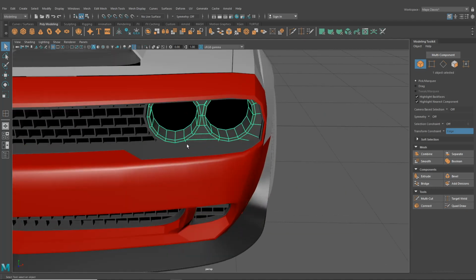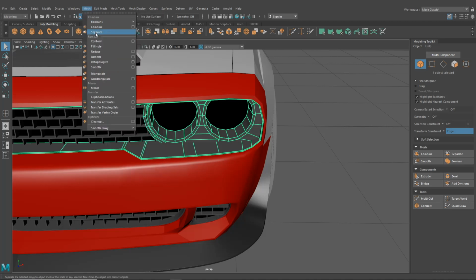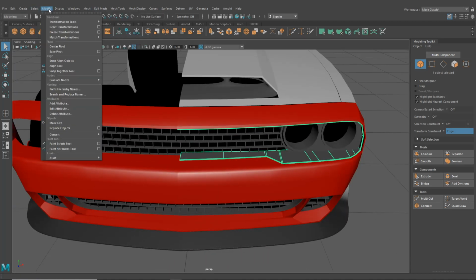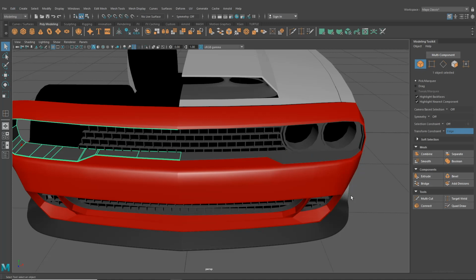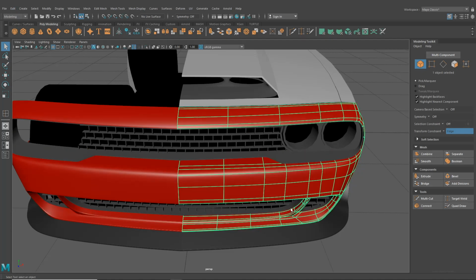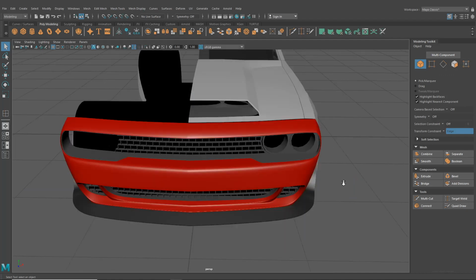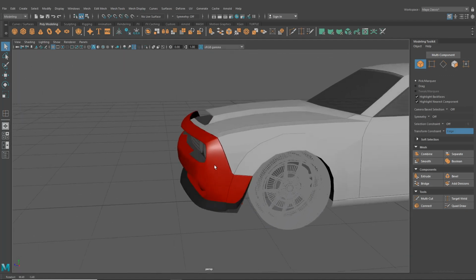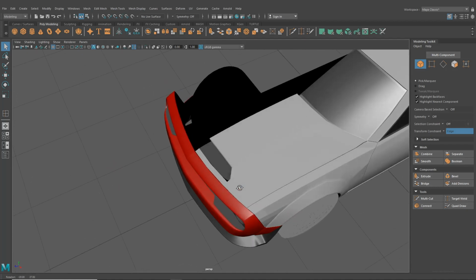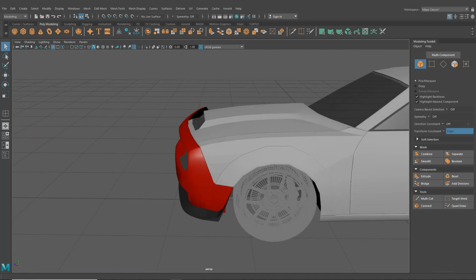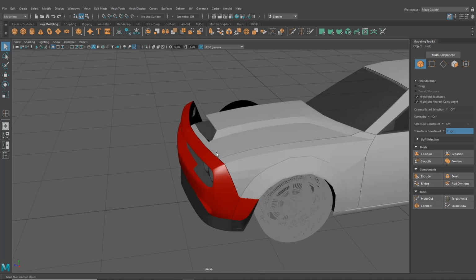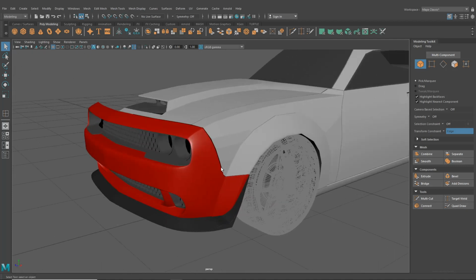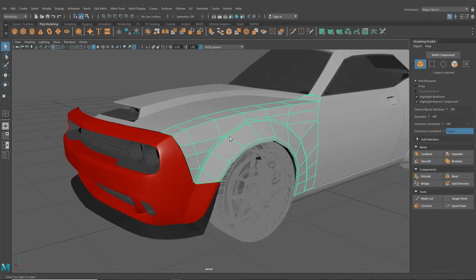Maybe what we could do is let's maybe combine all of these and then separate them. We'll grab this and we can duplicate special that one too. Okay, so for the most part there, I think the front end here is looking quite nice. Okay, so that's looking good. Let's go ahead maybe and jump onto our